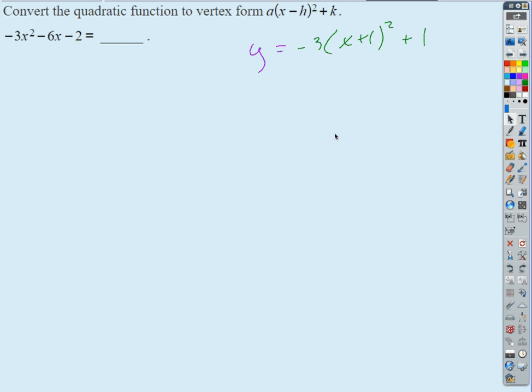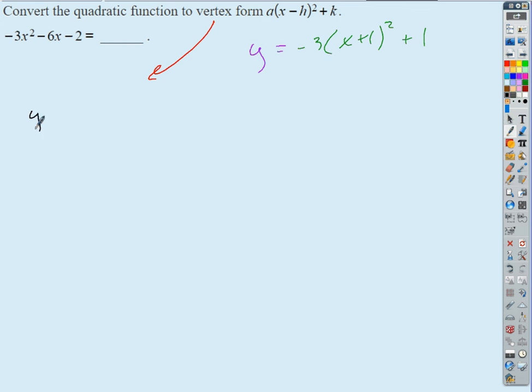What else could you have done? If I want to put this into vertex form, we know vertex form is y equals a times the quantity x minus h squared plus k, right? So we know that we could just